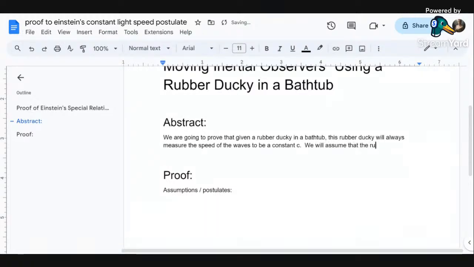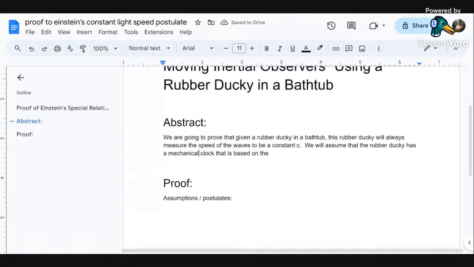We will assume that the rubber ducky has a clock that is based on, it's a mechanical clock. A mechanical clock. We're going to prove,